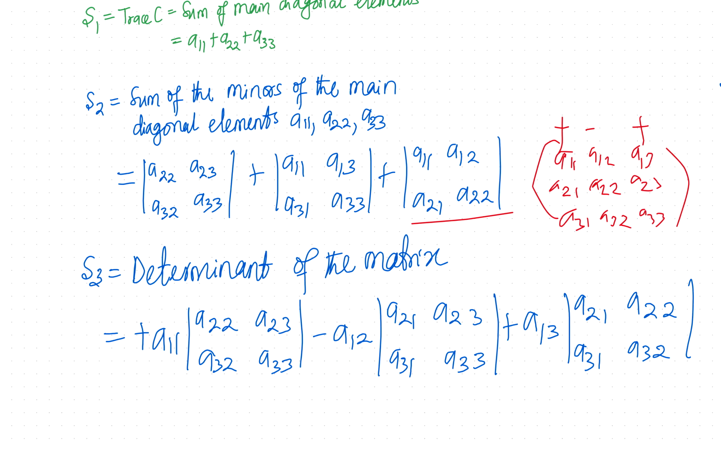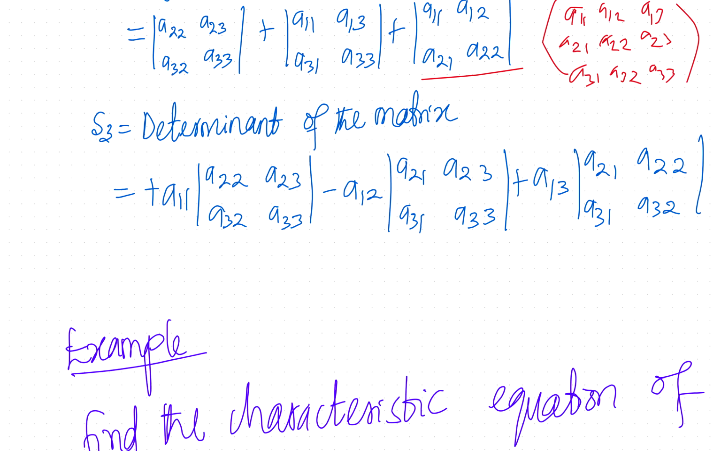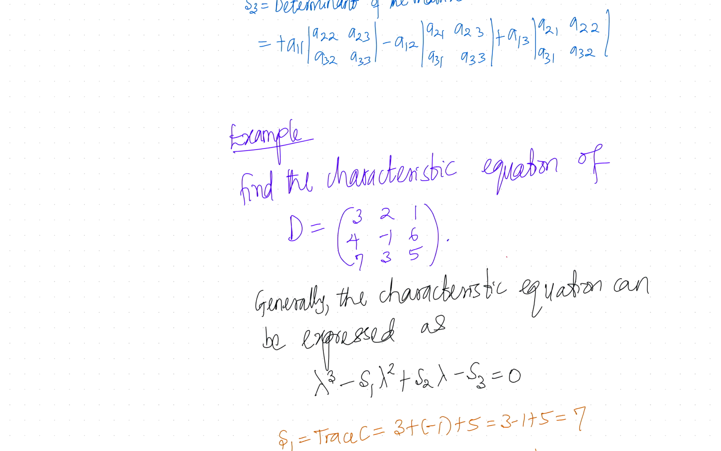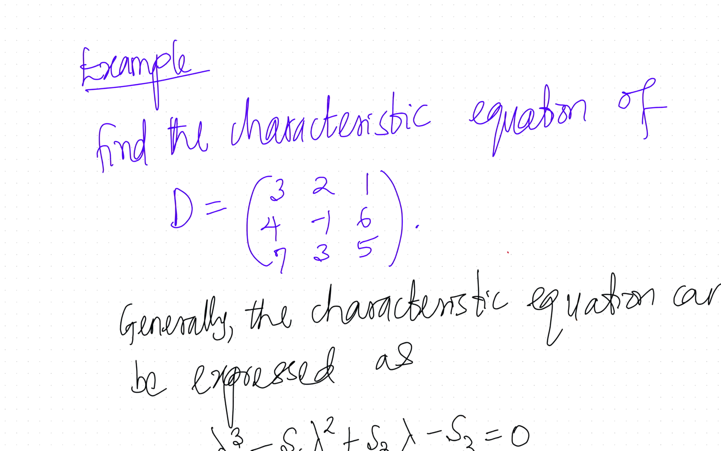Okay. So let's take an example. We want to find the characteristic equation of this matrix D, which is [3, 2, 1; 4, -1, 6; 7, 3, 5]. Normally, you should start by saying determinant of D minus lambda I equals 0, and then you say 3 minus lambda, and you do a lot of trouble. You're still going to find determinants in that process, but that's not necessary here. All we just need to do is